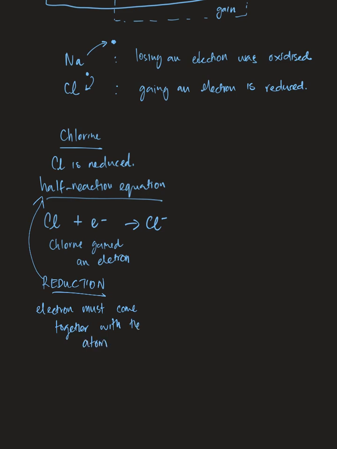That's very important. It must come together. As in, when I look at the formula, can you see here? The atom and the electron are coming together. They're on the same side in that way. Right? If I look at the other one,